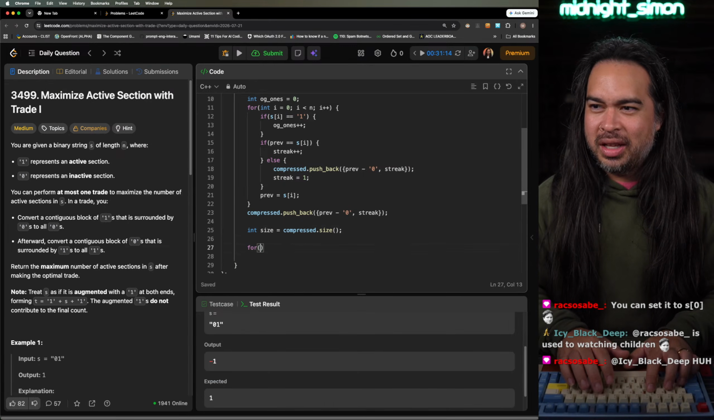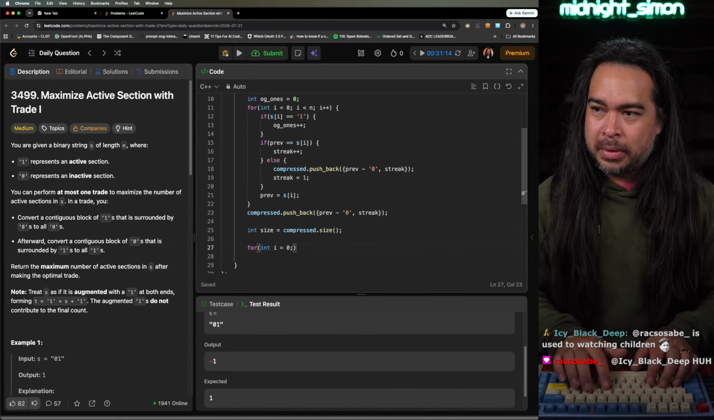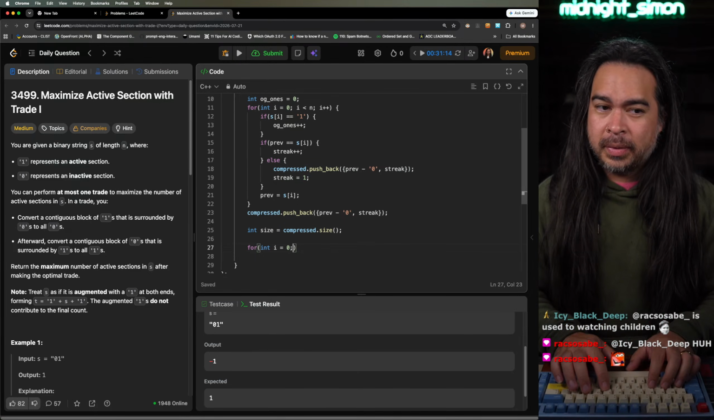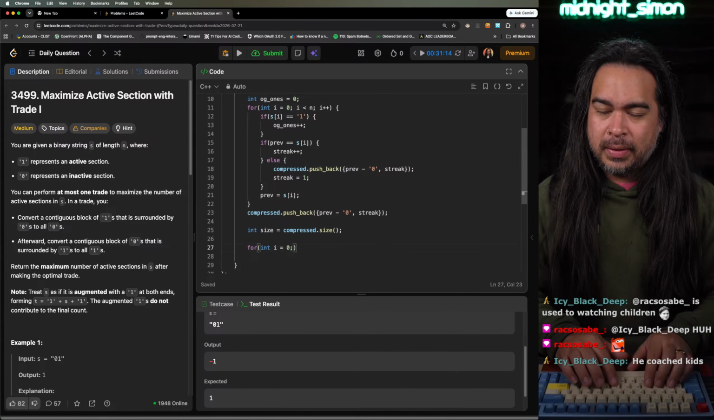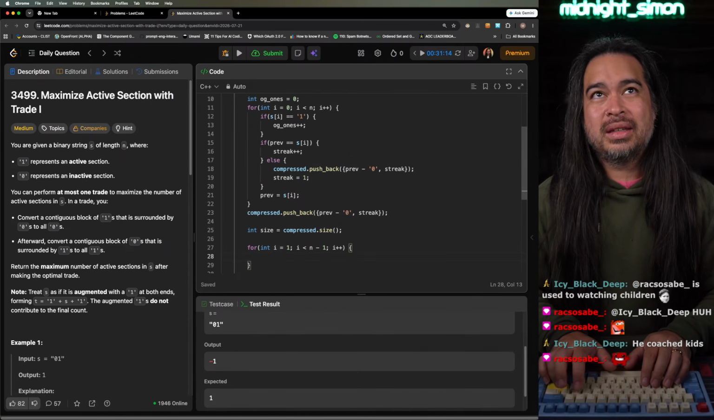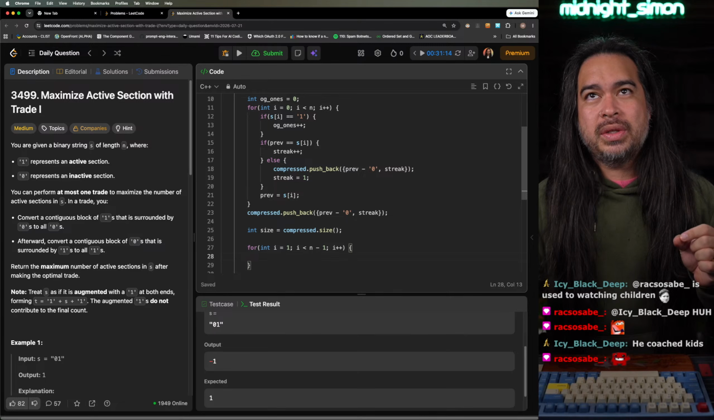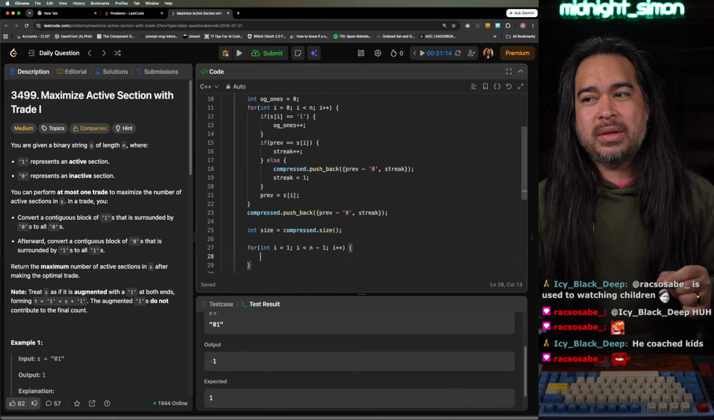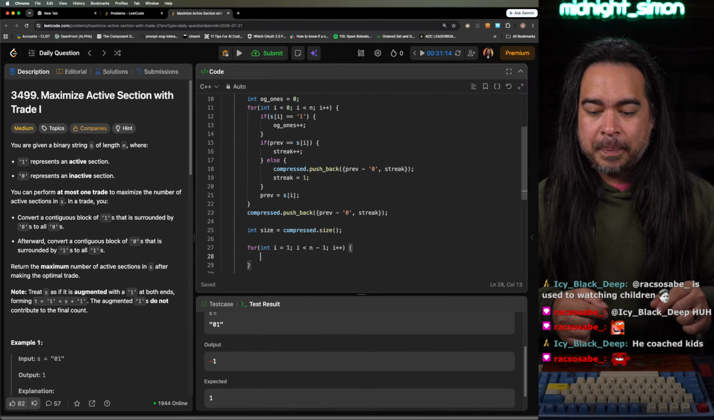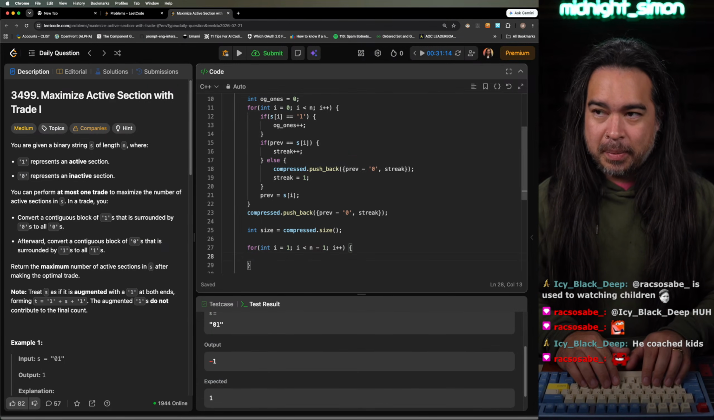Now I'm going to iterate through. And do I skip? Do I skip the ends? Because the ends cannot be. The end, because if the ones are in the ends, then they're not surrounded by zeros, so I'm gonna skip those. Right? And then I'm gonna say if